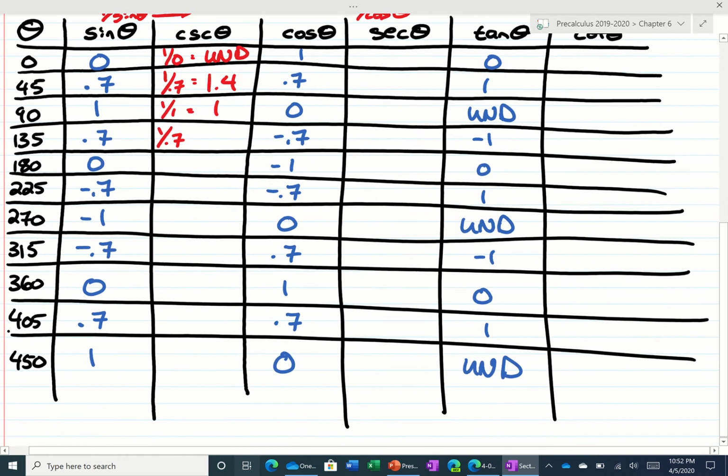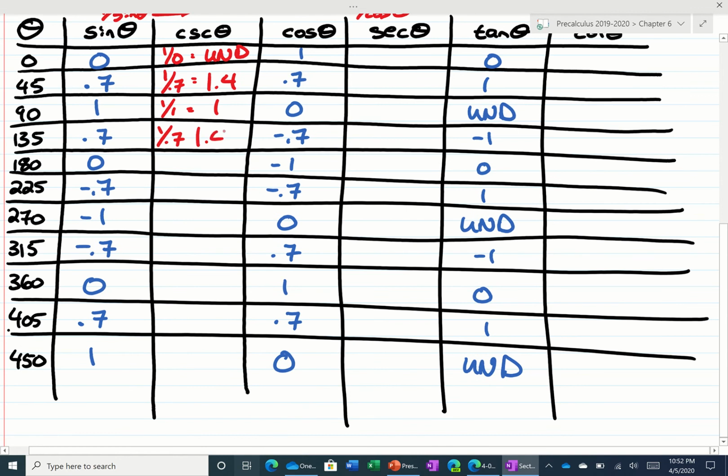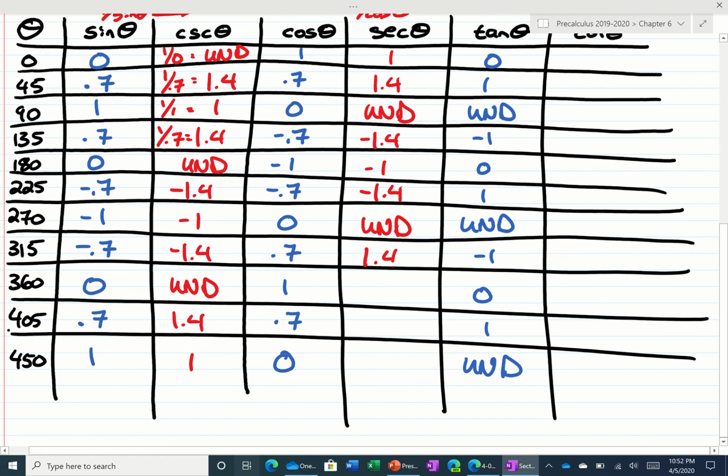So I'm going to do that quickly here. For cosecant, this is going to be undefined, 1.4, 1, 1.4, undefined, negative 1.4, negative 1, negative 1.4, undefined, 1.4, 1, 1.4, and undefined. For secant, it's going to be 1, 1.4, undefined, negative 1.4, negative 1, negative 1.4, undefined, 1.4, 1, 1.4, and undefined. And then for cotangent,